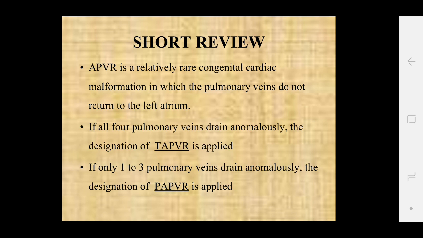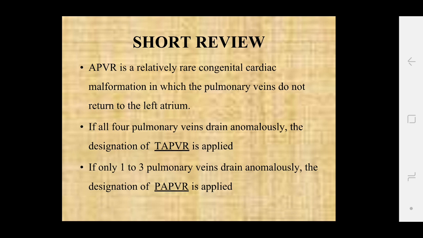Anomalous venous return is a rare congenital heart disease. In this malformation, the pulmonary veins do not return to the left atrium. As we know, there are 4 pulmonary veins, 2 from the right lung and 2 from the left lung, and the 4 pulmonary veins usually join the left atrium as the pulmonary venous return. If these 4 pulmonary veins fail to join the left atrium, it will be total anomalous pulmonary venous return